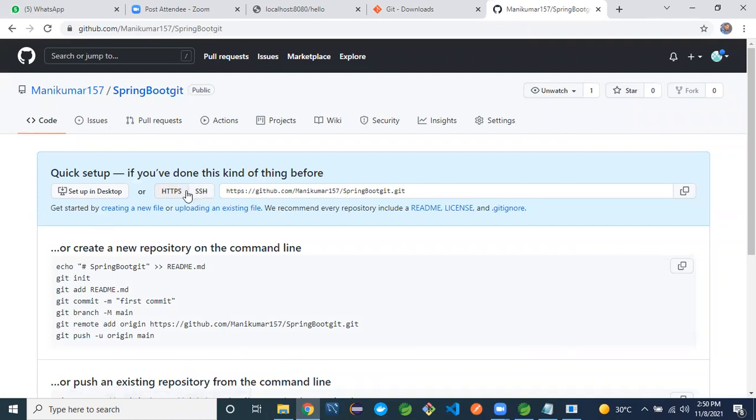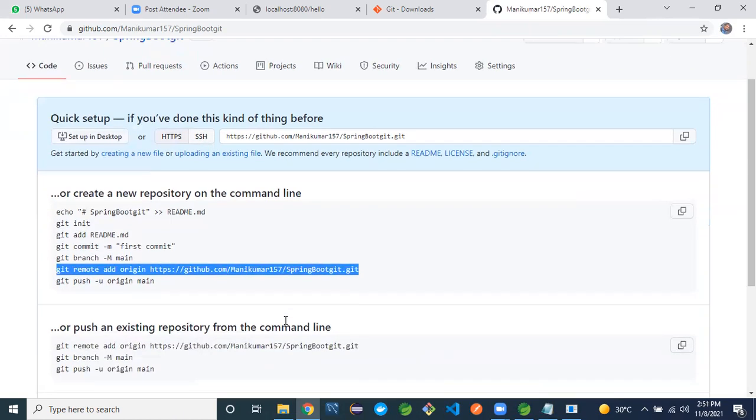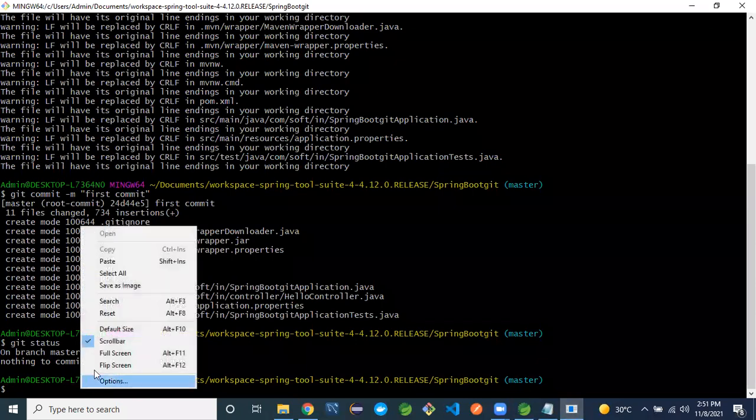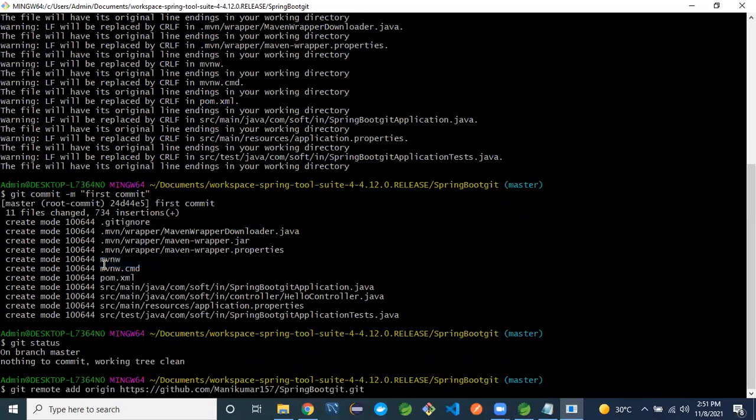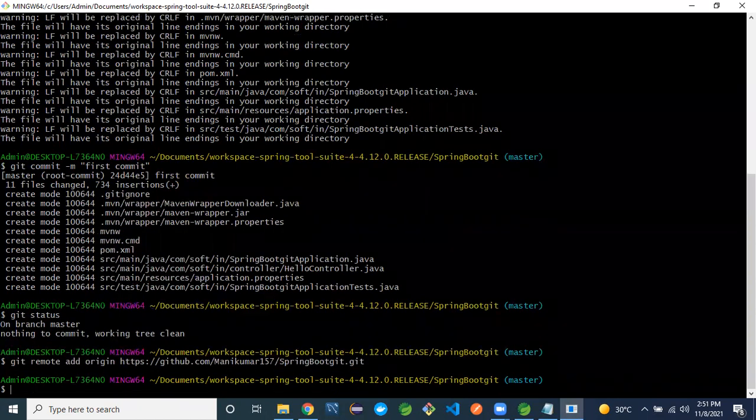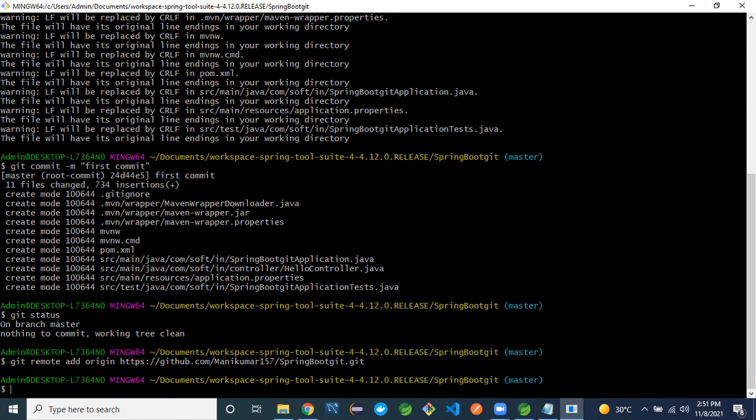It creates a new repository with the name Spring Boot Git. After that, you can connect the local repository to the remote repository. Copy this one, go to Git Bash here, paste it, and press Enter. It connects the local repository to the remote repository.